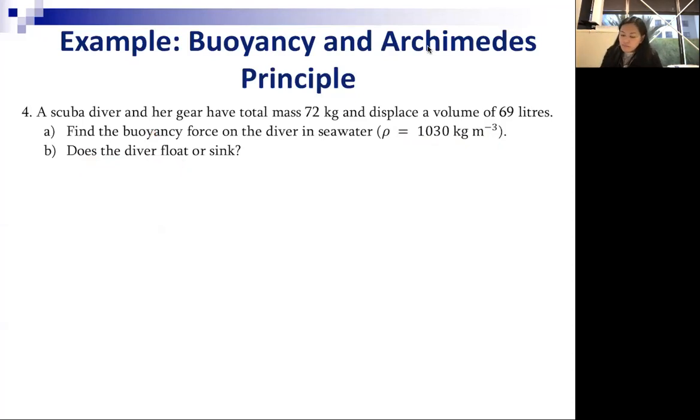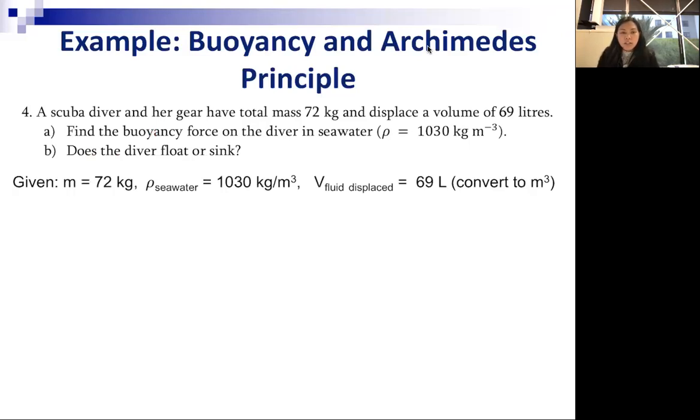We start with what we're given. We're given the mass of the diver and the gear combined, so we can think of them as a single object. We're given the density of the seawater, and we're given the volume of the fluid displaced by the diver and its gear,